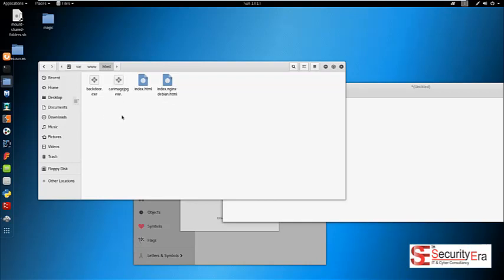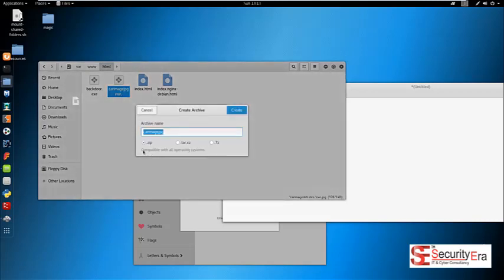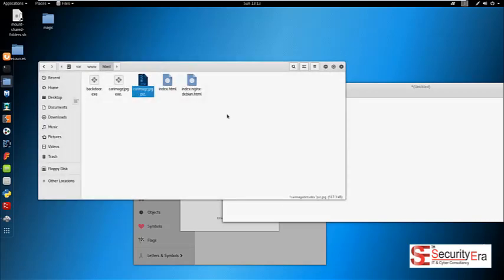In Kali Linux, it does look a bit stupid. It looks weird, and it doesn't look like it's worked because now I've got exe. Don't worry about it. What you need to do is right click, compress, click create, and now we've got car image JPG. We've got a zip,